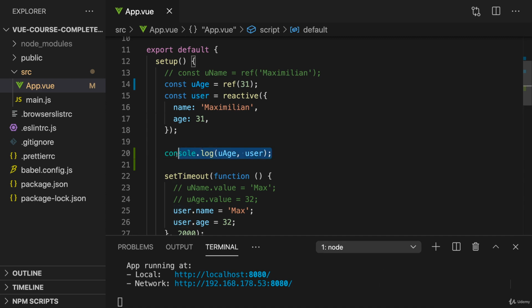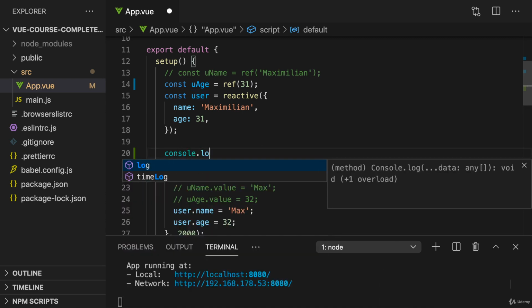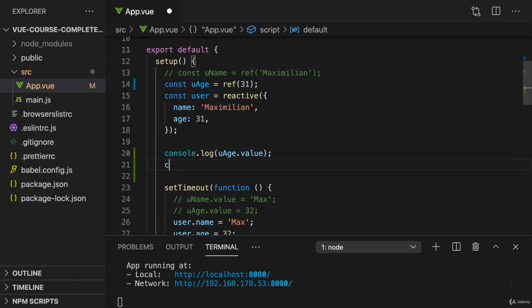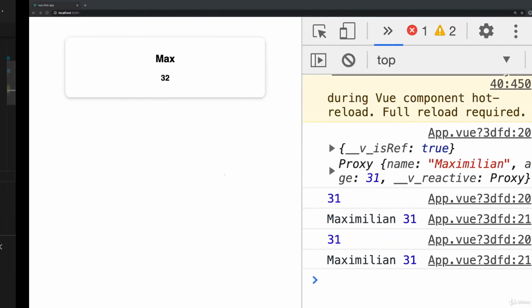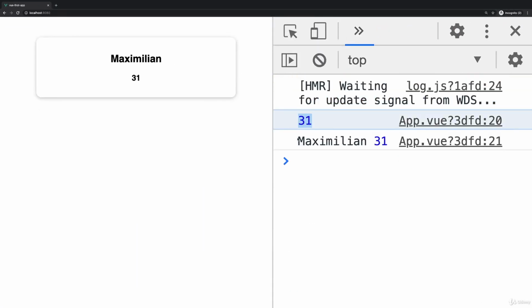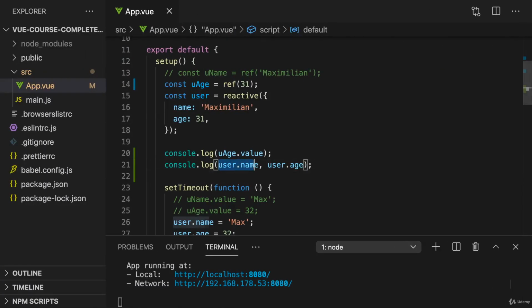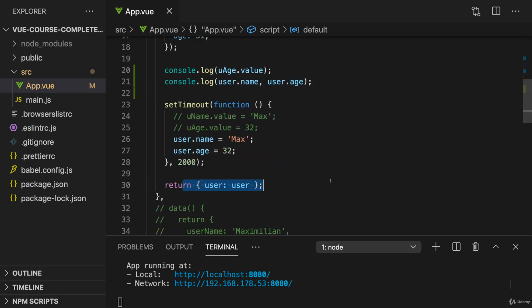Here we can basically see the problem if I console log uh.value and I also console log user.name and user.age. If I log these 3 things here, if I reload, you see 31, Maximilian, and 31 here in the console. And these are ordinary JavaScript values. These are not special objects, hence they have no watch mechanism attached to them. This is what would arrive in the template if we just return user.name or user.age in this object down there,